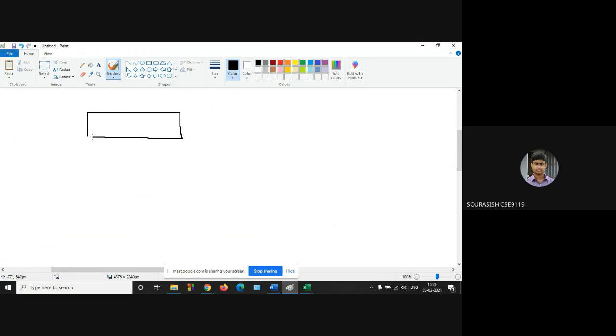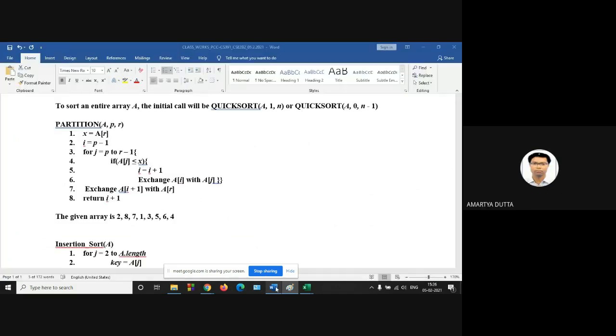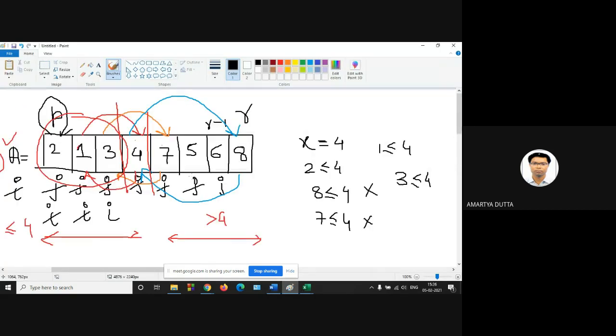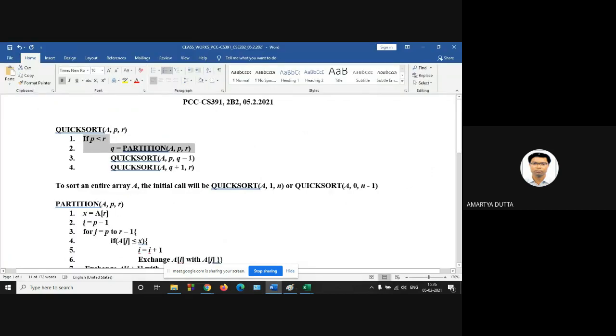After the first iteration of line 1 and 2, you will get this particular scenario, after the first computation of quicksort. Then we have to go for the left subarray. Now compute the left subarray.